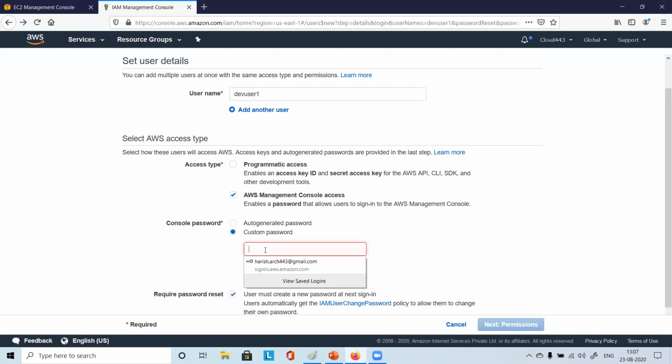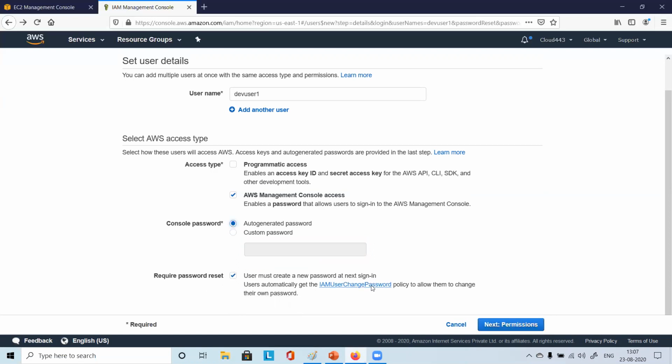The benefit in auto generated is that you don't have to remember it. So that is also a good option. Because multiple times if you try some password, you may forget the password. While setting a password, it will say you need uppercase, you need lowercase, you need a number, and then you try with something else, then something else, some 10 different combinations, and then finally it gets created, and then you don't remember what your password is. It has happened to you sometimes. So that also happens with custom.